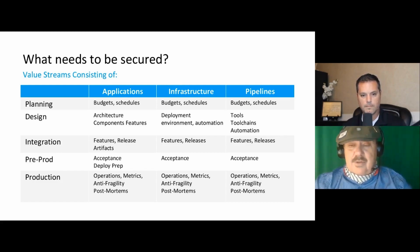Nobody can afford to put in the best tools everywhere and all these pipelines all at once. It would be daunting, but you do need to really think about your situation. Where are the highest risks? Yeah,